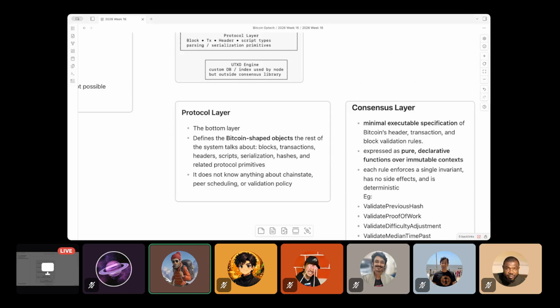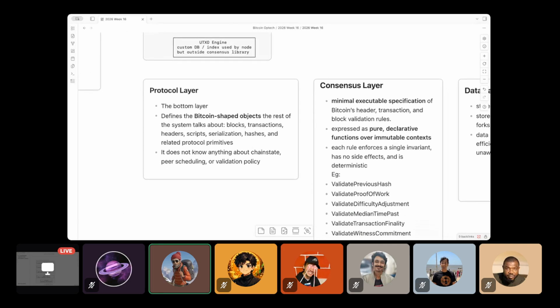All these things are specified in the protocol layer. However, the protocol layer is tightly bound. It has nothing to do with what the chain is like, or what UTXOs are present in the network. Those kinds of information are completely abstracted away from the protocol layer.